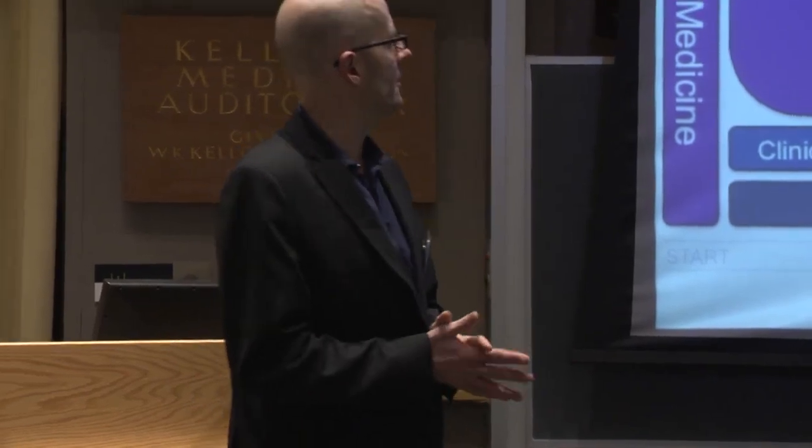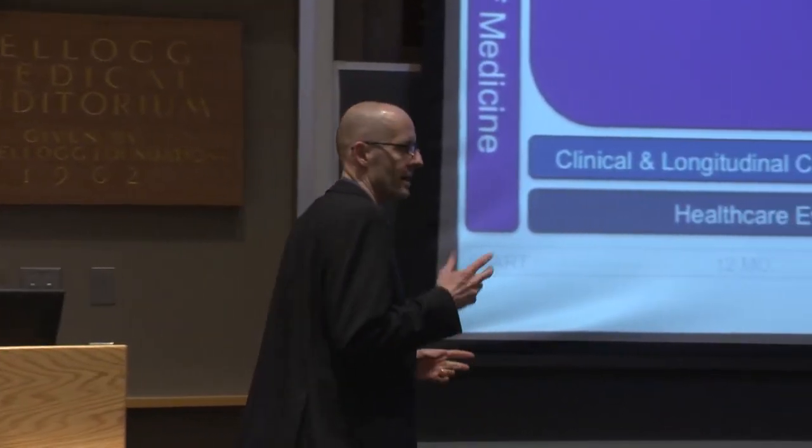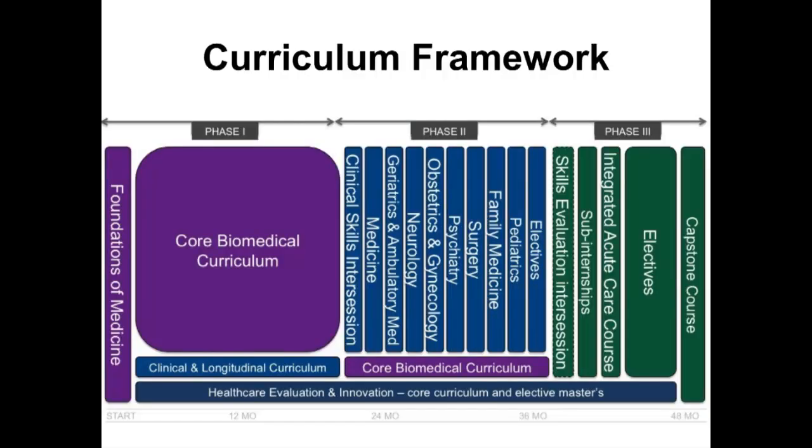Then the students hit clerkships that, you'll notice, have similar features to the ones they have today: medicine, surgery, OBGYN. But there are a couple of differences I want to highlight. One is that the students would have geriatrics and ambulatory medicine and neurology, two currently required clerkships of the 4th year,